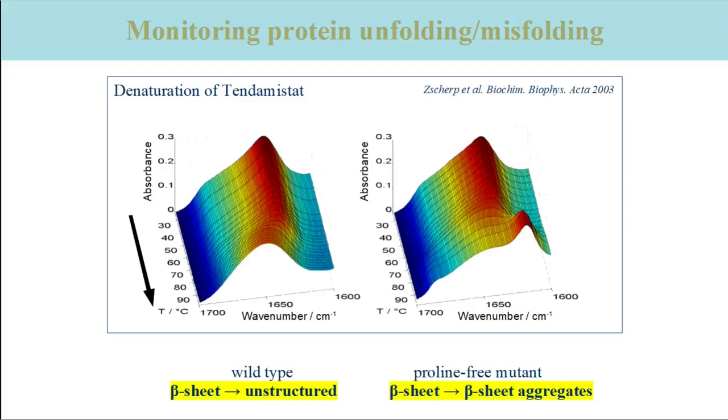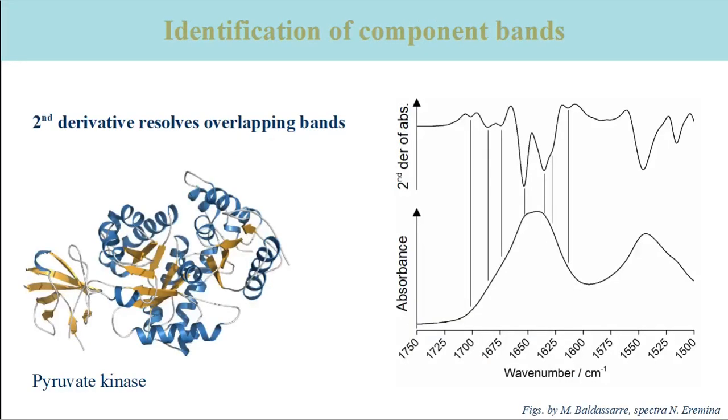This is an active research field because protein aggregation occurs in neurodegenerative diseases and may be the actual cause of these diseases. Before continuing with applications, I need to explain a method to extract more information from the amide 1 spectrum than what is possible by just looking at the absorbance spectrum. The background is that the amide 1 band is usually quite broad and components from different secondary structures are hard to identify. To reveal more information about the underlying component bands, the second derivative of the absorbance spectrum is often